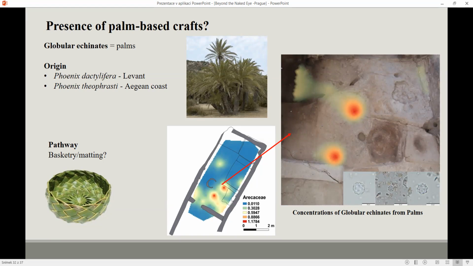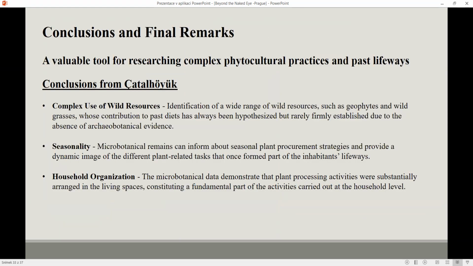Basketry or other kinds of craft have been found before, but never from palms. And this is a contribution for phytolith analysis. So now, getting to the end of this lecture,